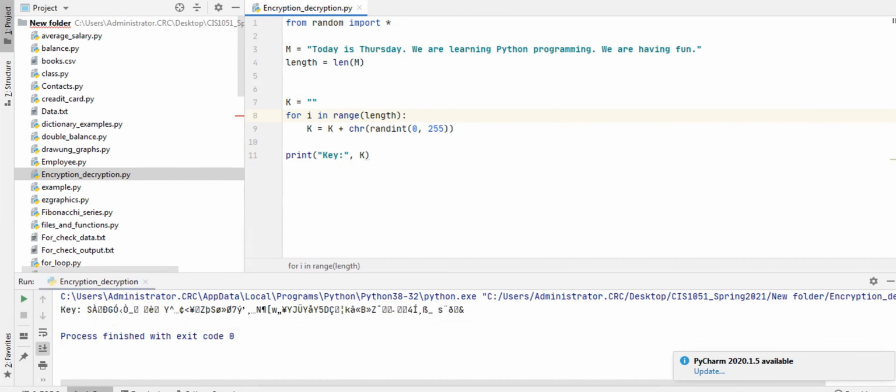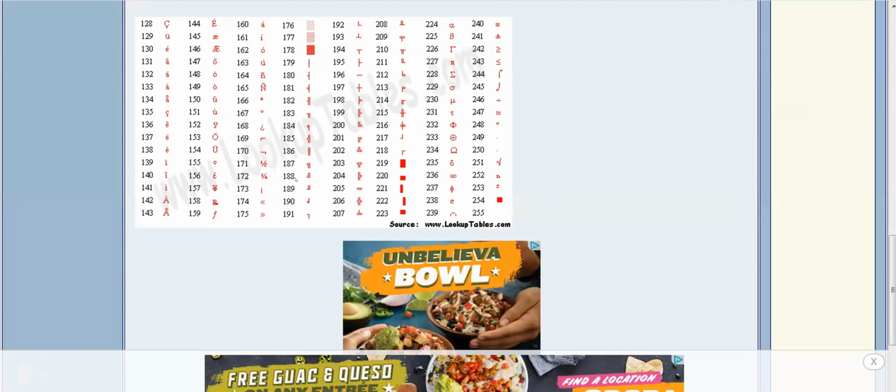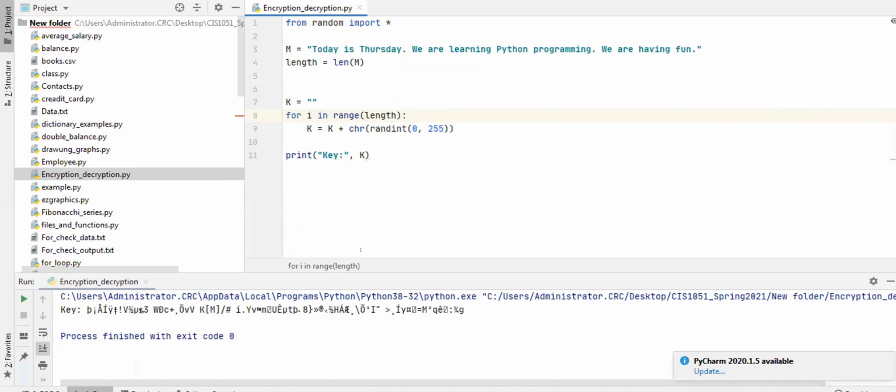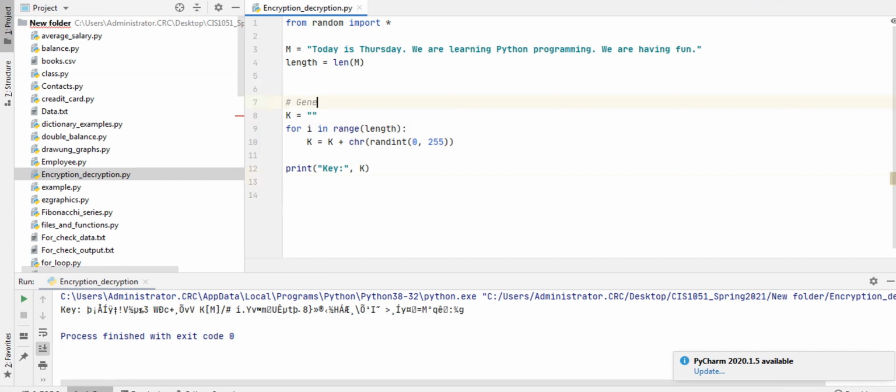And whenever I run it different times, it generates different random keys that consist of some random characters. All these characters are part of the ASCII table. So at this point, I have generated a random key with a length equal to the message text.